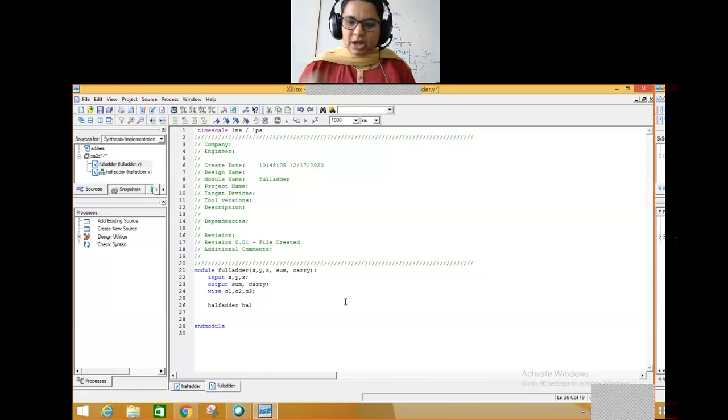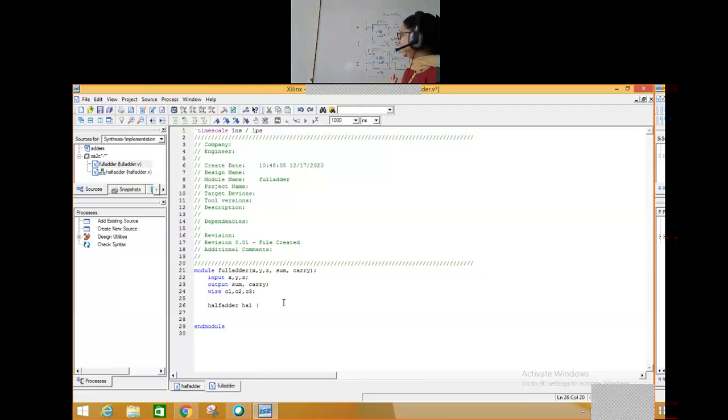Then within this, now I need to go for a component instantiation. How do I do the component instantiation? We know it's a positional assignment. So the first positions will be the outputs, the next positions will be the inputs. So how is the connection done for a half adder? What are my outputs now? One of my outputs is C1 and the other output is C2, correct? So I'll take C1, C2 as the two outputs. Then which are the inputs I have connected? It is X and Y. So I'll take it as X, Y. Okay, I'll close it.